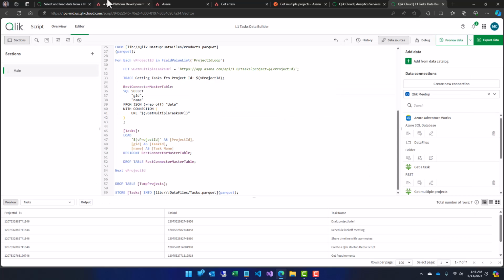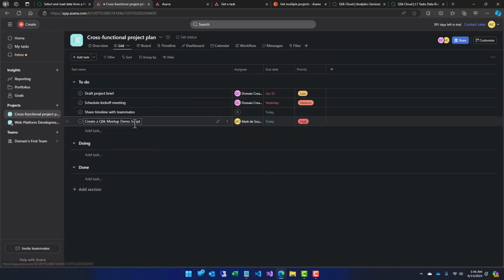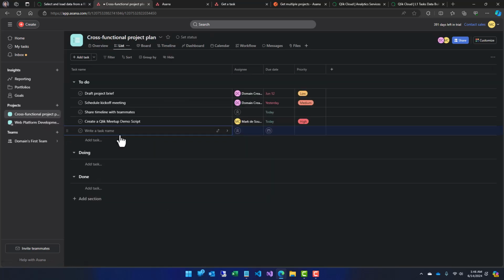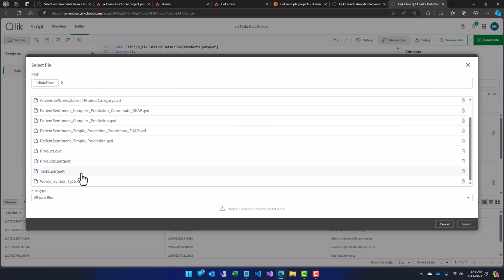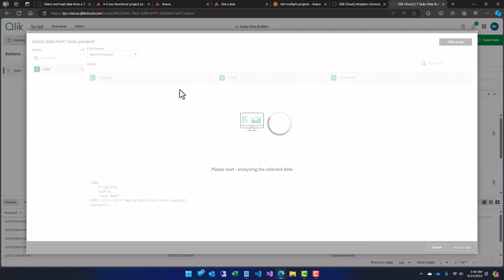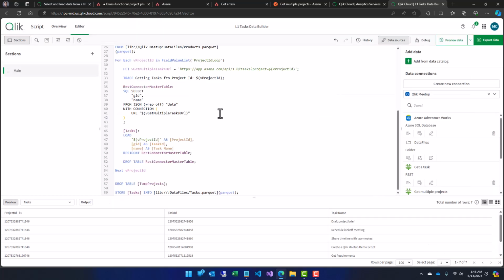Okay, so what if I add a new task? So let me go here and I just add another task here. So another task, validate the Parquet files. Okay, all right. So if I check my Parquet file, so go here again, Parquet file, tasks.parquet, and it's selected, I will still see only the 7 records. Why? Why are you just seeing the 7 records? Because I haven't